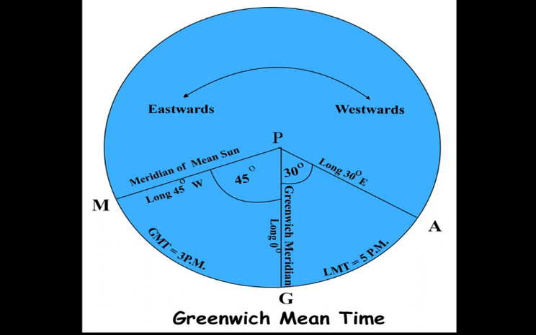Longitudes help us to calculate time. As the earth rotates from west to east once in 24 hours, it takes 24 hours for every longitude to pass through 360 degrees. All countries of the world refer to the local time of 0-degree longitude, or the prime meridian, as the Greenwich Mean Time or GMT. It has been decided as a reference for World Standard Time.